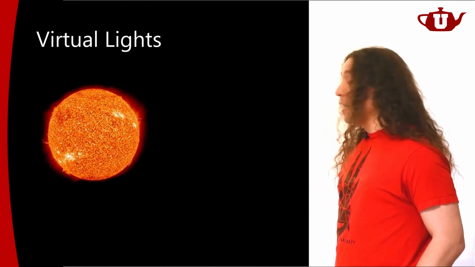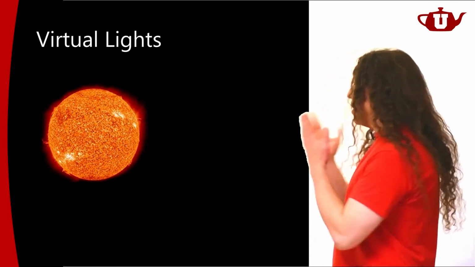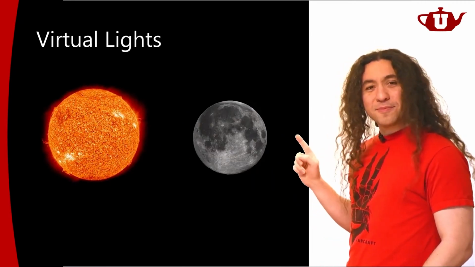It's the sun, right? I mean, it's looking kind of dark, but I can't show you the sun with its proper brightness. And even if I could, I probably shouldn't. You're not supposed to be looking at it directly. So this is the sun. All right. Obviously, we know that the sun is a light source, right? I don't think anybody would disagree with that. So the sun is a light source.